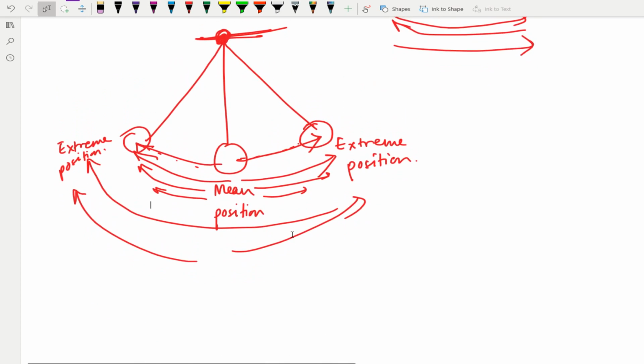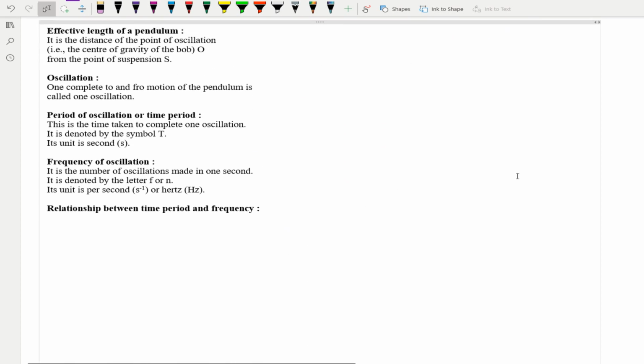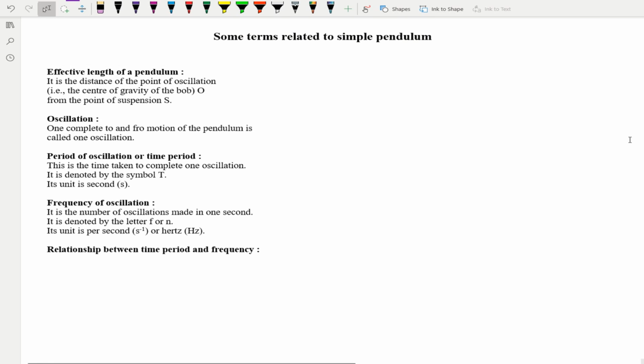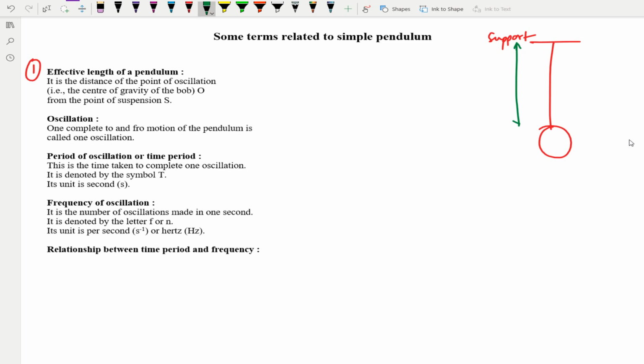Now next you need to understand there are other terms also. The first term which you need to understand here is the effective length of a pendulum. So when you had the pendulum like this, this is the support, then the length of the pendulum is considered from the support till here, which is the string,